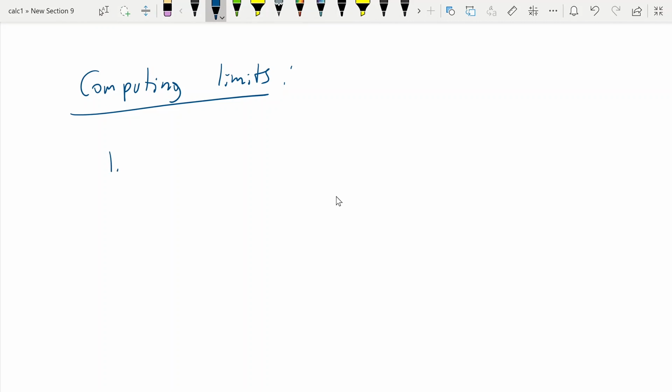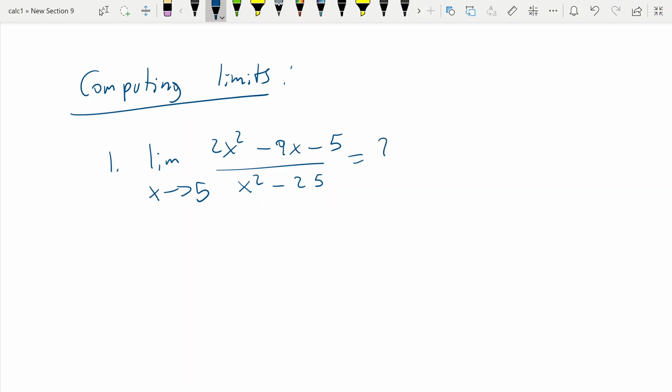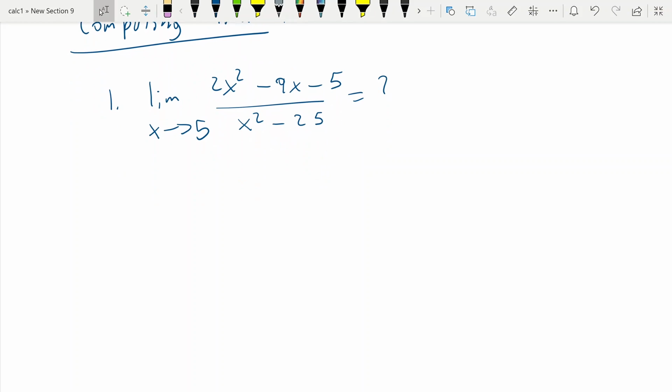So one such example is the following. Suppose you're asked to find the limit as x approaches 5 of 2x squared minus 9x minus 5 over x squared minus 25. That is equal to. So the first thing we need to do is to see what happens when we try to plug in 5 into this expression. We look at the denominator,